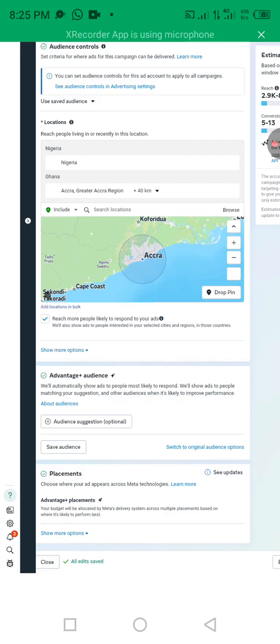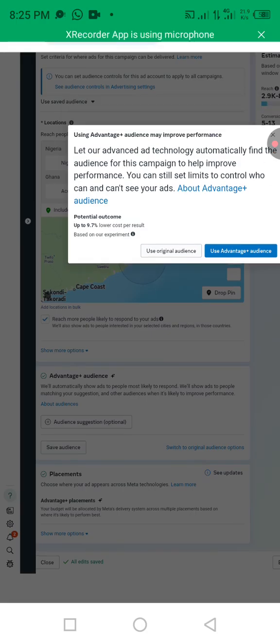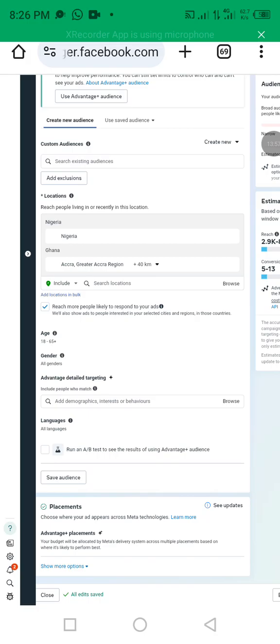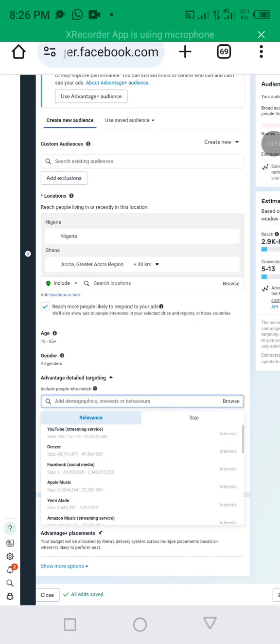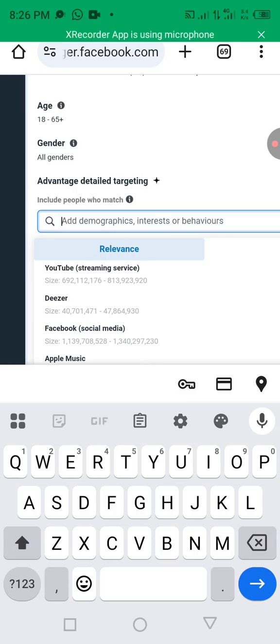So you click on this, switch to original audience. See this option, switch to original audience. So you click on it. Once it opens, say use original audience. So you switch to use original audience. So now that you have switched to the original targeting, you can decide to target people according to what they are interested in. So, for example, let me start with